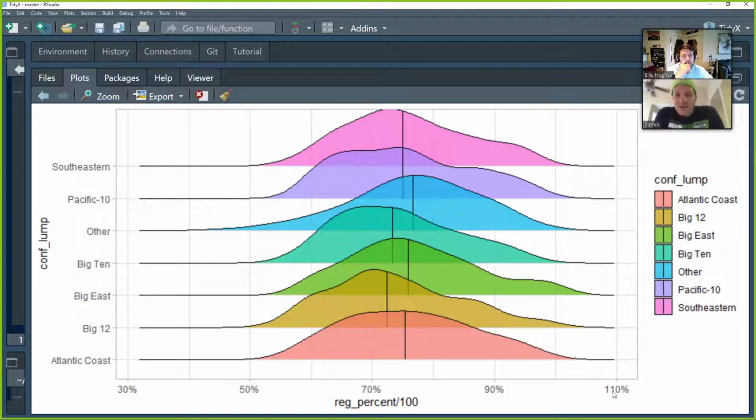That's so annoying, because it just changed it. Well, I mean that's part of the reason too, is that it's density, right? So it's a density plot. It doesn't know that you can't get over a hundred percent. It's not an actual histogram. You're right, it is a density. You're looking at